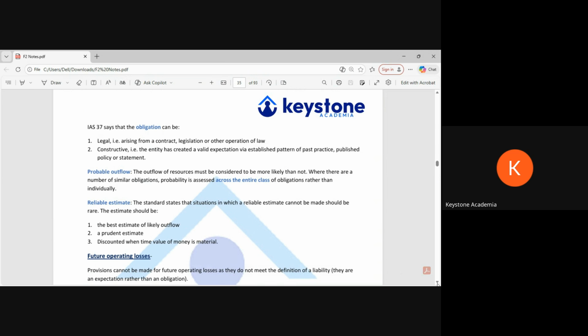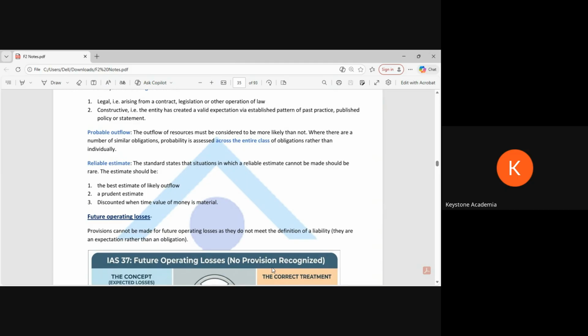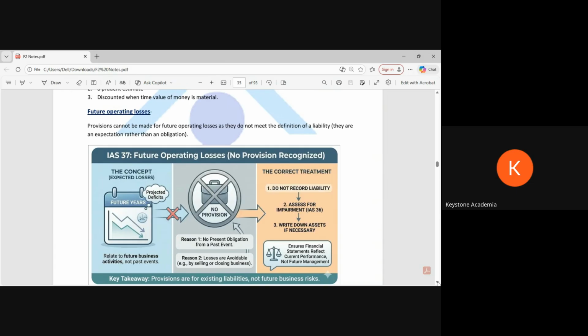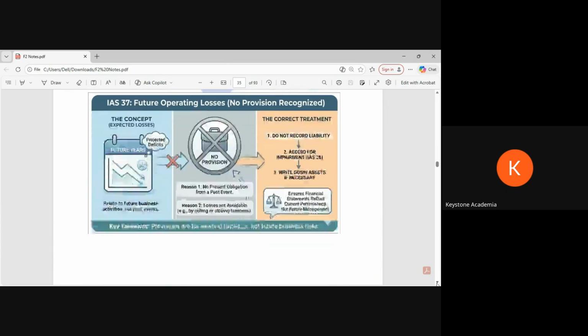And obviously, why do we have these IAS, IFRS standards? Technically to make things easier, not to make it complex. And secondly, we don't want managers to use the loopholes. It should be very clear, it should be transparent, and it should always help to compare. So these points are important for us to remember.